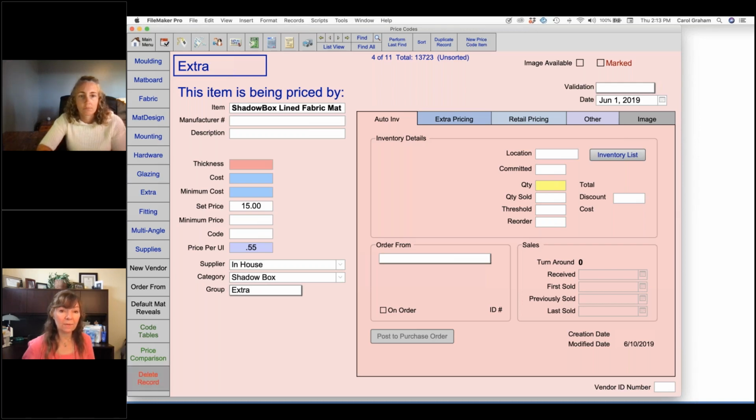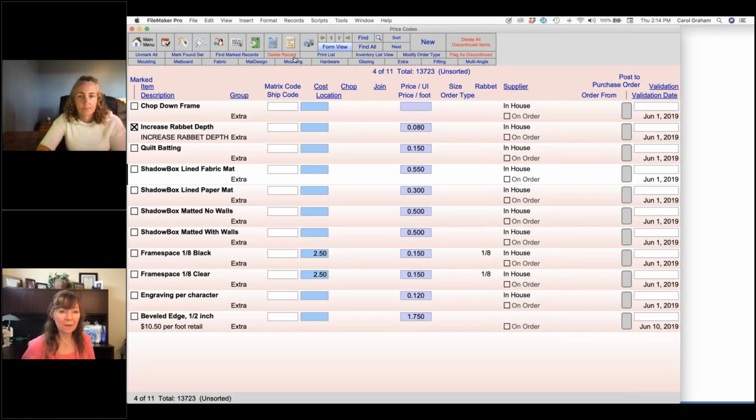And that too will give you the warning message saying, are you sure you want to permanently delete this one record? And when you click delete, it's gone for good. All right, that's why it's always a good idea to have a backup, just in case you didn't really mean to delete that item. So going back and taking a look at our list view, and if I was in mat design and I'm looking at these,